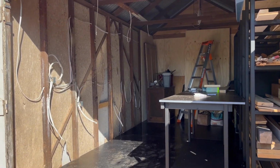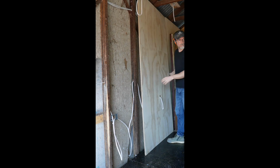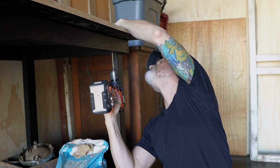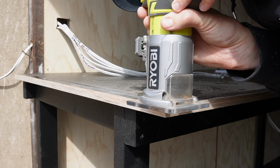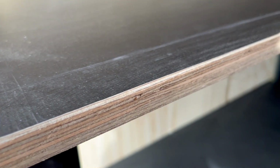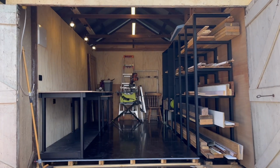Sparky roughed out the wiring. Then I went back and finished lining that wall. Attached the bench top to the workshop now that it was in its place. And gave the edge a nice chamfer. Sparky Day 2, the lights were hung and a box put in so the shed can be on semi-circuit. Things are really starting to take shape,